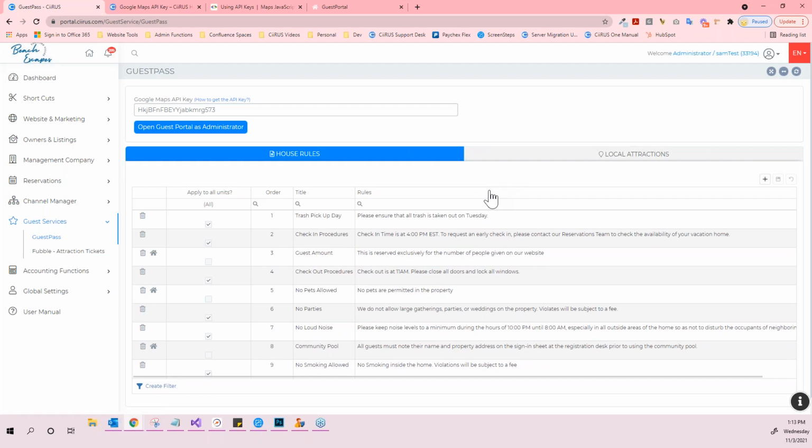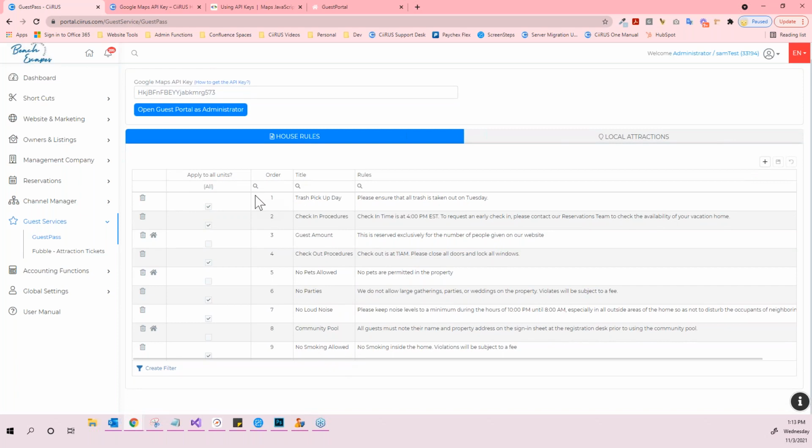All right, so next up is to configure the house rules and the local attractions. So the house rules and local attractions menu each have their own tab in the workspace. And you can see whichever tab is selected, the tab is highlighted in blue. So it's easy to identify which tab is selected from here. So house rules can be anything from no smoking is allowed in the unit, check-in, check-out procedures, no large groups, no big parties, no bachelor parties, any restrictions or house rules that you would like the guests to be aware